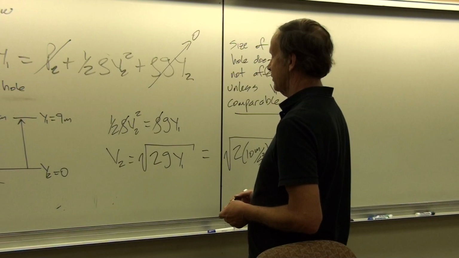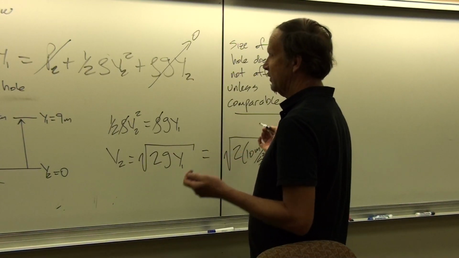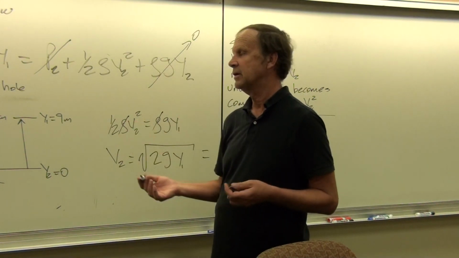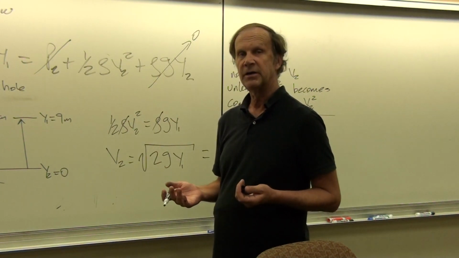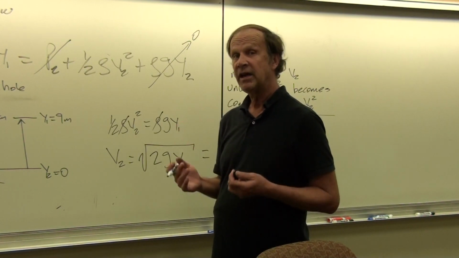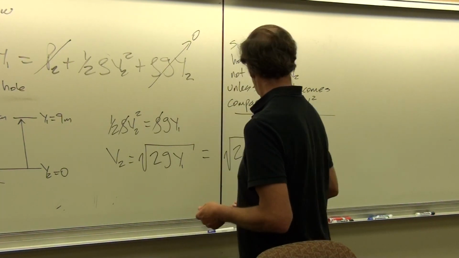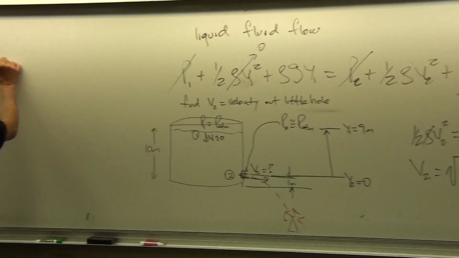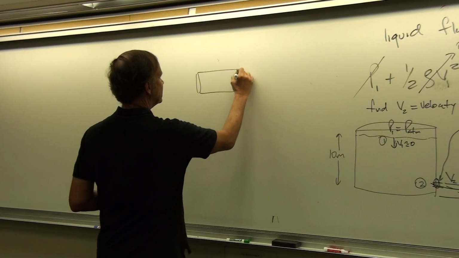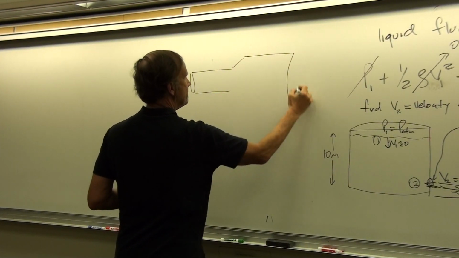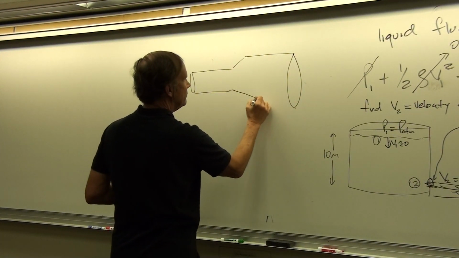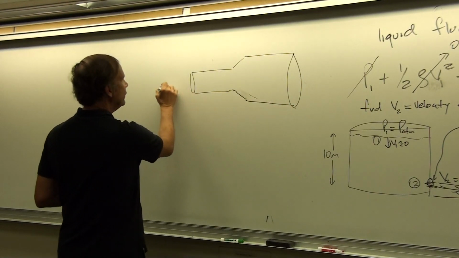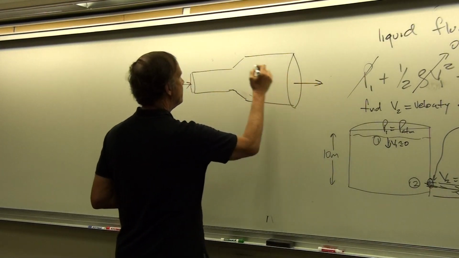And so the size of the hole doesn't affect the velocity, which might be a little surprising to some of us, which might think, well, if you make a bigger hole, the velocity is going to be bigger. But no, the velocity is the same. What changes, though, is the flow rate. And so that's what I want to talk about next. Flow rate we can get by looking at, say, a tapered pipe, and then we make the condition that the flow in equals the flow out.